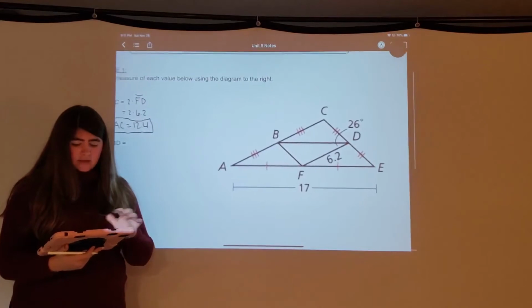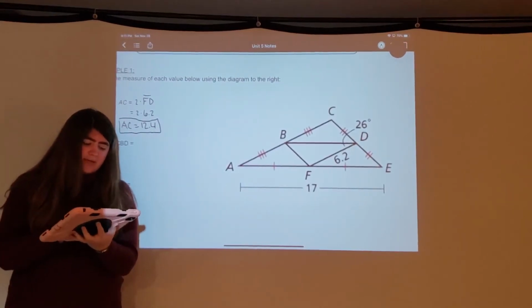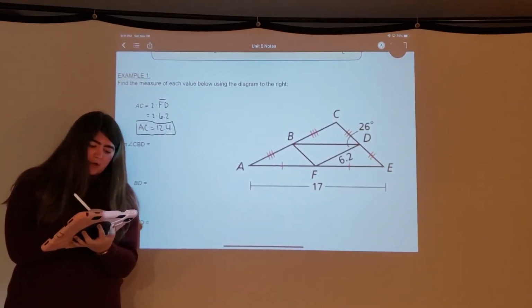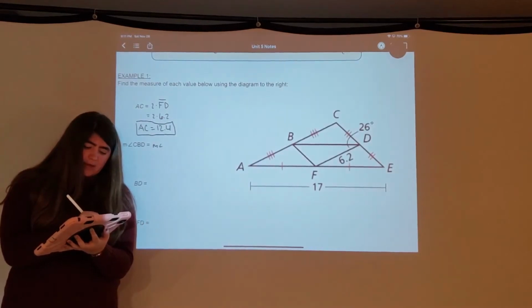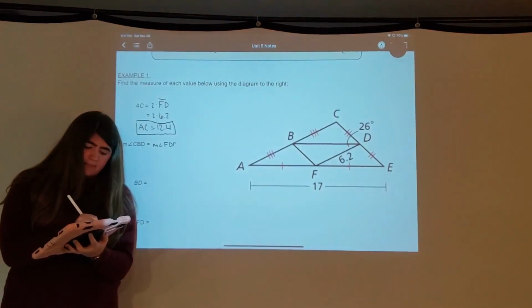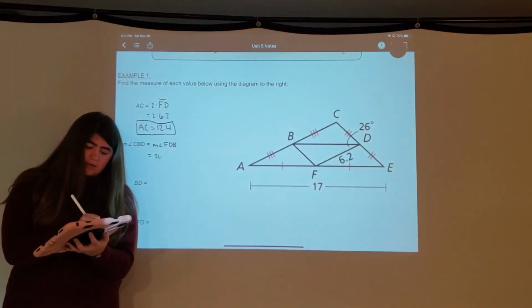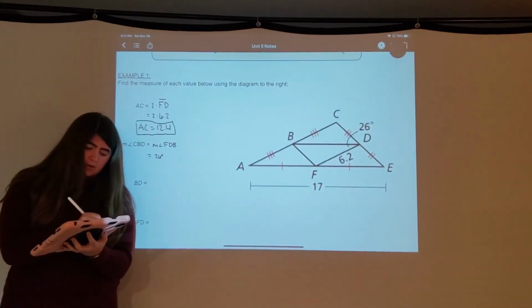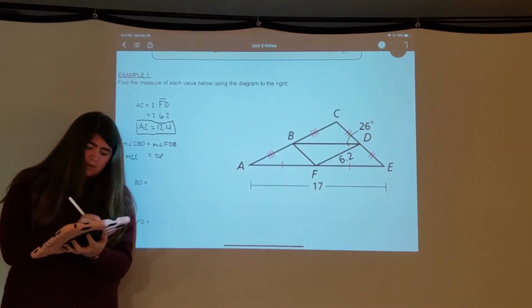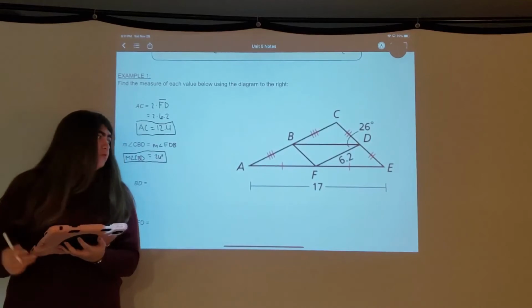So I can say, to solve that, angle CBD is equal to the measure of angle FDB, and therefore is equal to 26 degrees. And I'll go ahead and rewrite that down here. So the measure of angle CBD is equal to 26 degrees. And if you were to